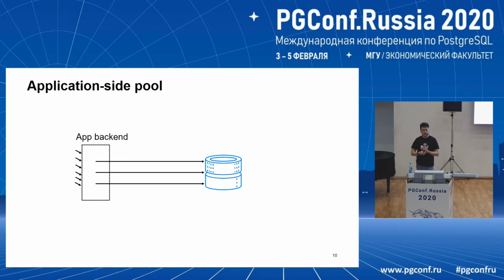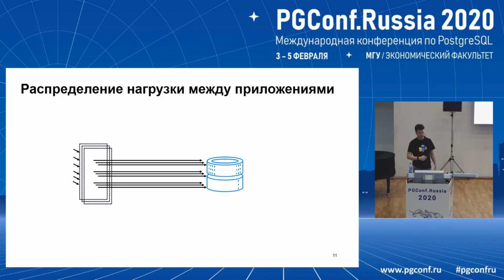Application side pooling is a simple yet reliable solution when you have an application that works with a database, but the amount of connections starts to grow, if your application is already under the load balancer, and if you run a bunch of instances of the application, each one of them supporting a separate pool. And at a certain period in time, you understand that your service is already bringing in a lot of money,